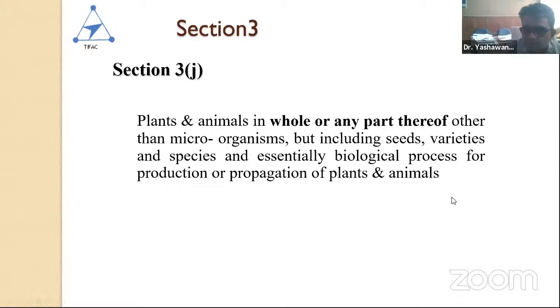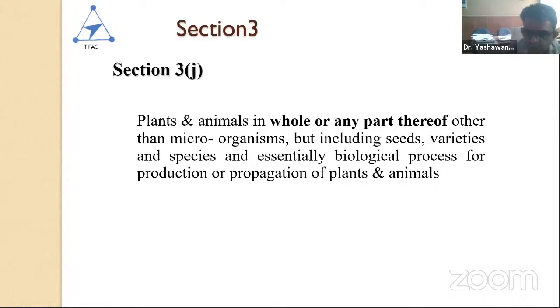Here it says plant and animal. So we cannot patent plants because for that we have a separate registration system. Animals, we cannot patent in India. But it says other than microorganisms, yes. We can protect microorganisms,